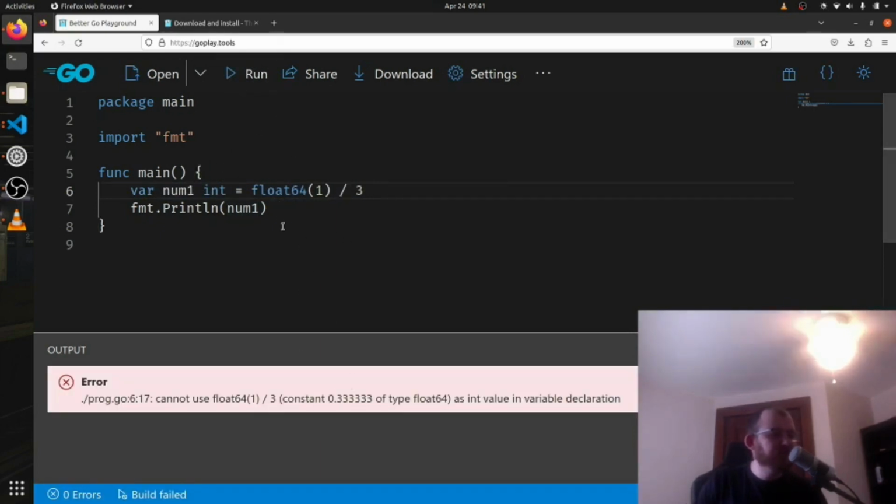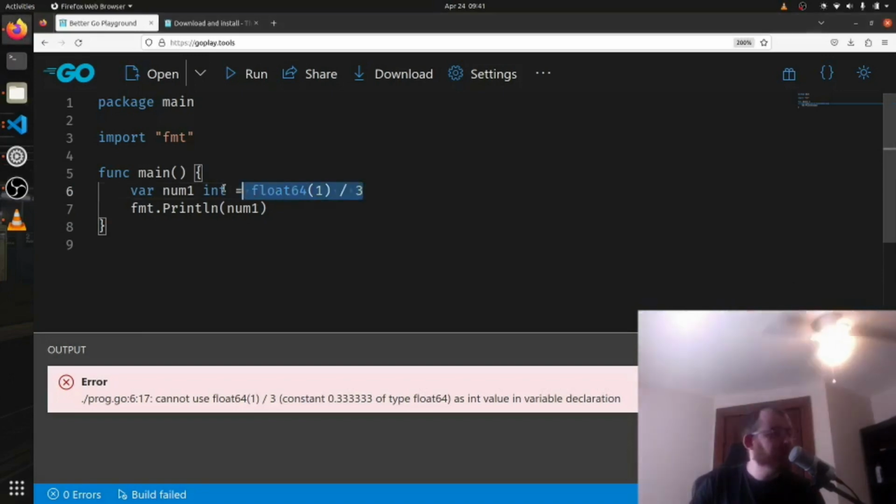Yeah, because I'm trying to make this a float, which would make the answer a float, but we have an int type here. So I got a little deep into the types, but I just wanted to show you that and learn something myself, which is kind of cool. The other thing I wanted to get into